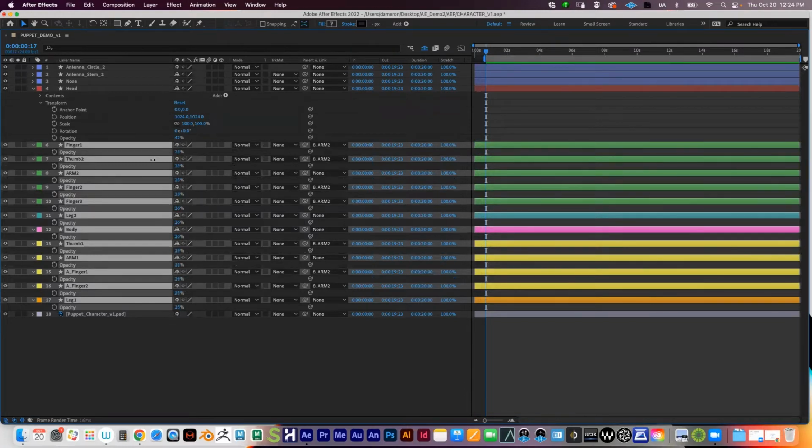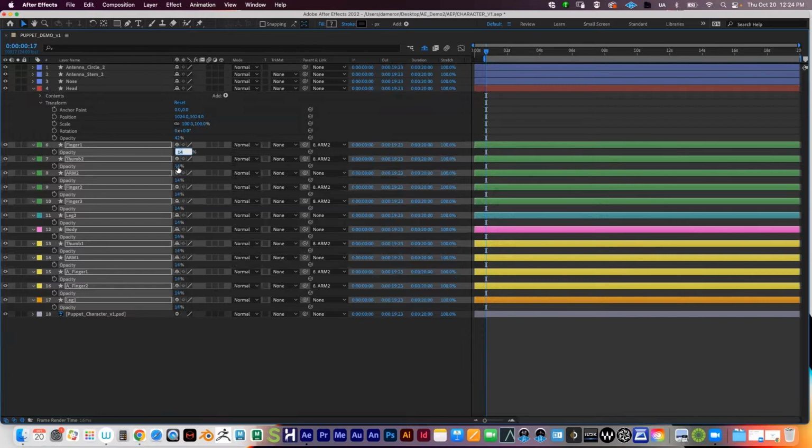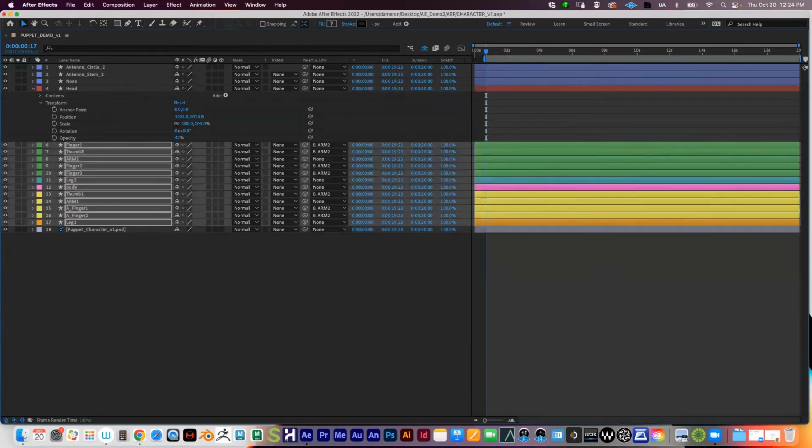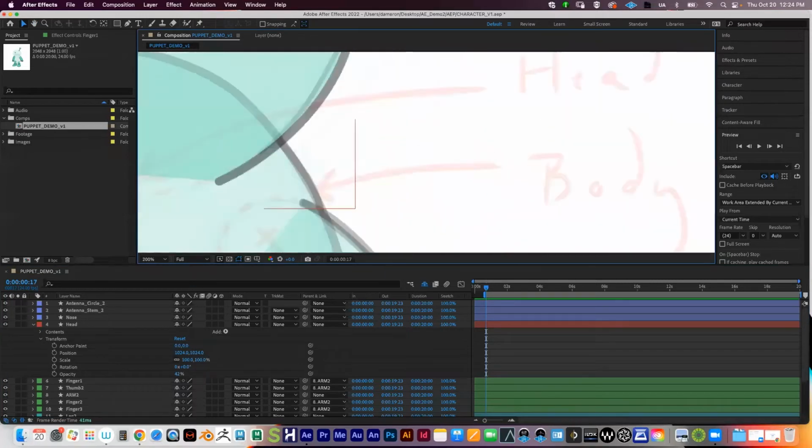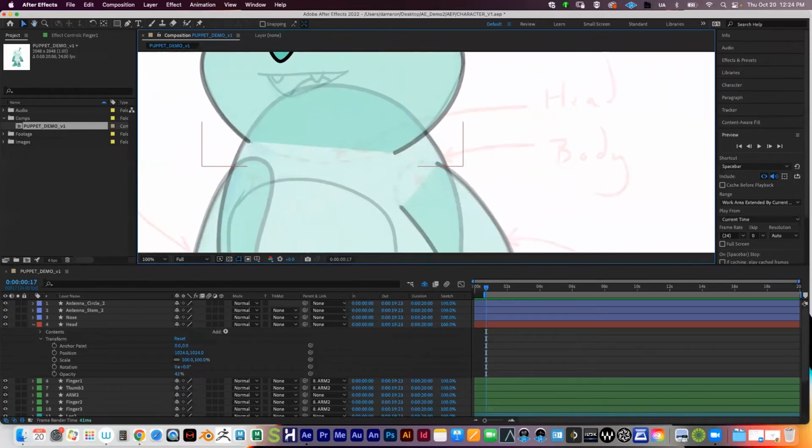So I selected all my layers, press T, and then I'm just bringing the opacity down to like 25 or something like that. Press T once more. And so now I can see my drawing underneath again. And remember, with my drawing, I drew these plus signs where I thought the anchor points should maybe go for each component here. So for the head, the anchor point is currently right there, and I just need to